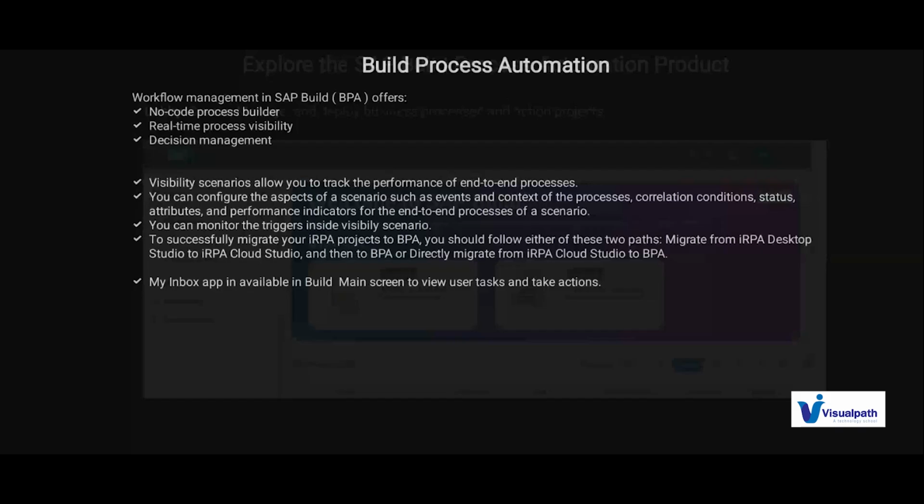Okay, so those specific initial attributes we can also define for any business process, so that on the basis of those only it will get triggered. Now with monitor, you can monitor the triggers inside a visibility scenario. Okay, that is fine. And like I said, previously we have RPA, and then SAP came up with its